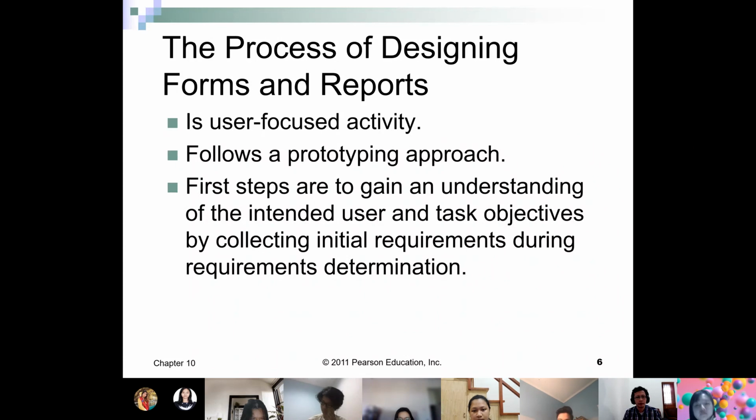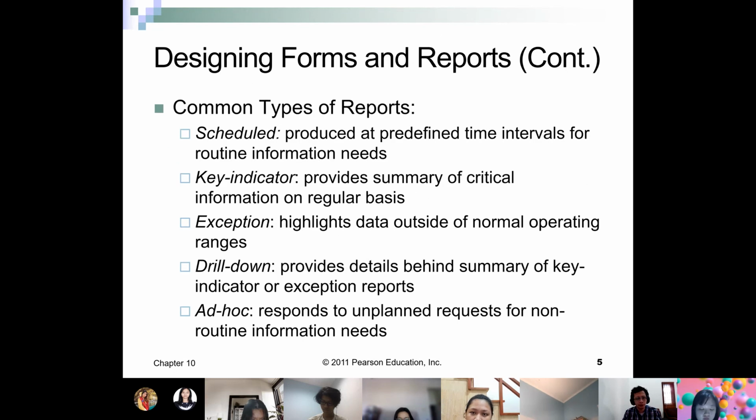Okay, so we need to understand who the intended users are and what kind of tasks or activities involve those forms and reports. For example, if it's for the CEO of a company, then the report should be summarized first, with key indicators.